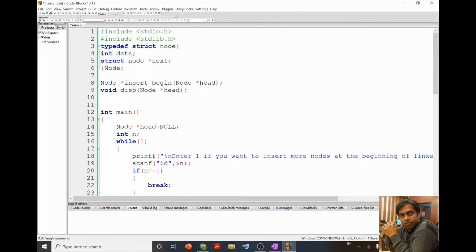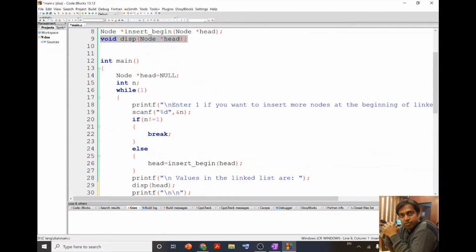Then I declared the function to insert the node at the beginning, insert begin, and then the function to display the information in the linked list.